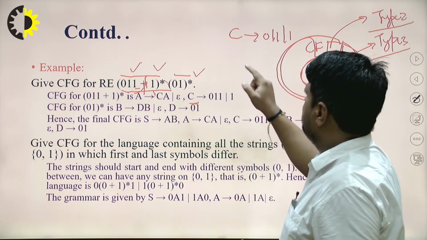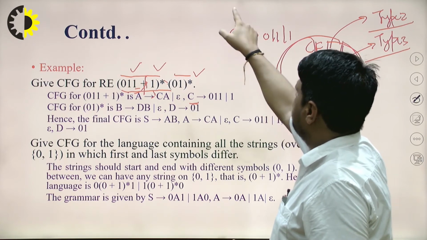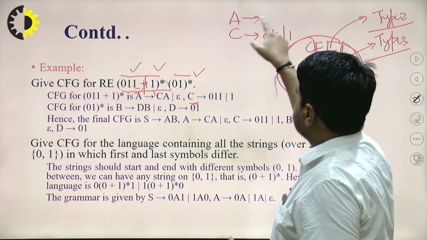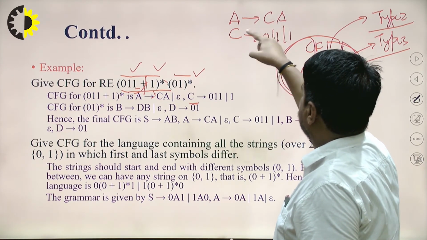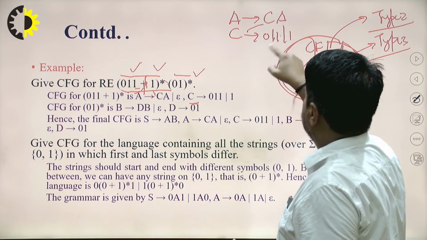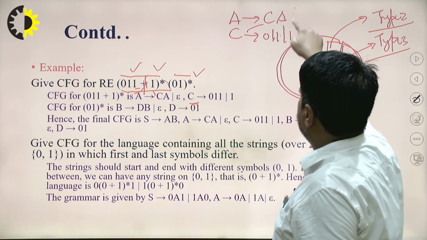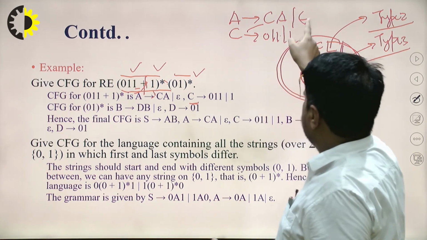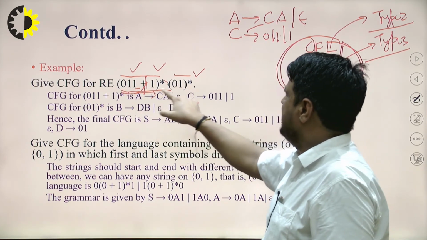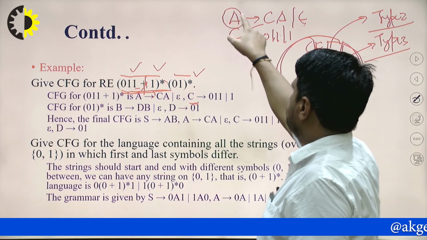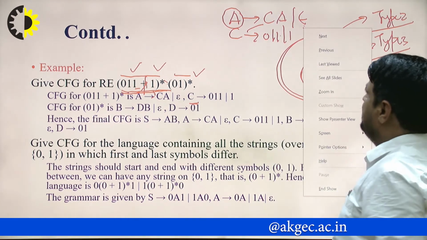So, what do we have to do? We have to generate the string by using C. So, I have written A tends to C A, right? This repetition will occur due to C every time by these two strings. And whenever we want to terminate, we have to end with epsilon. Why have I appended the epsilon here? Because the whole string may be epsilon. So, this string generated by A will also generate epsilon. Due to that, I have appended it here.